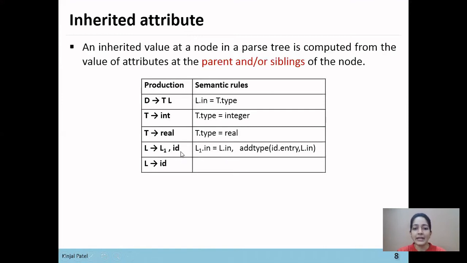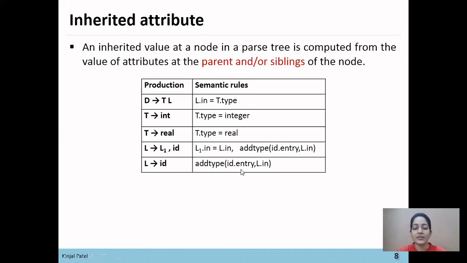Now identifier, so addtype(id.entry, L.in) means we are making the entry of the identifier in the symbol table using the addtype function. Same, L derives ID. So again for this ID, we need to make the entry in the symbol table.